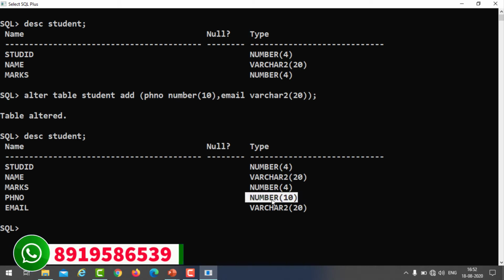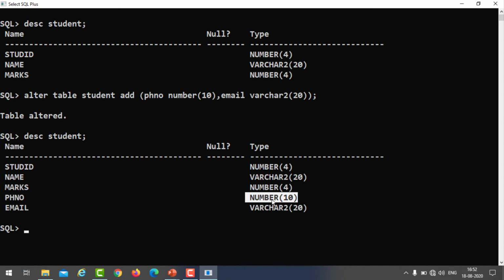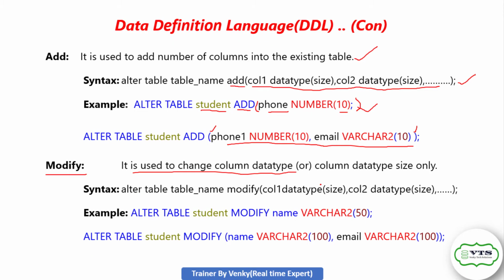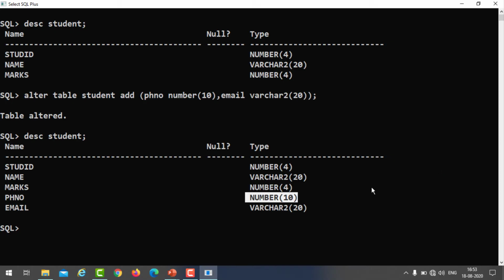If you want to change it to any other data type like char, varchar2, or the column data type size, for example here 10, if you want to change the data type size or the data type name, this is the data type, this is the data type size. You must use the alter command along with modify, because we are modifying. Modifying is nothing but changing, right? We will see now practically how.